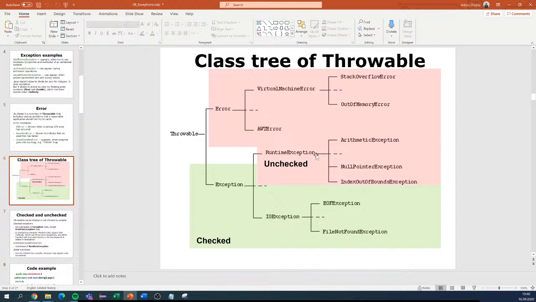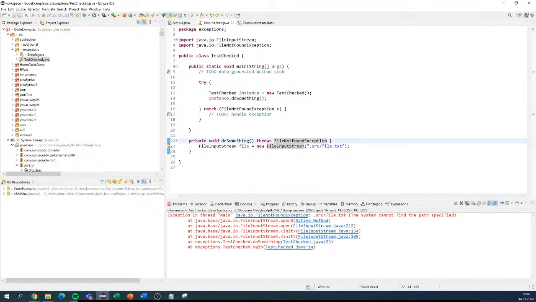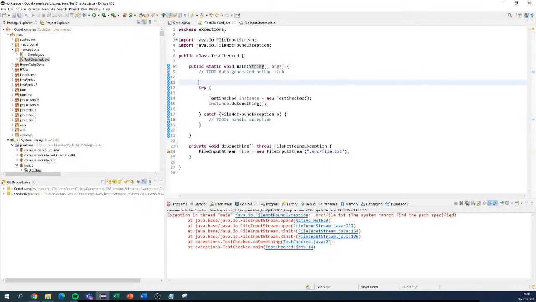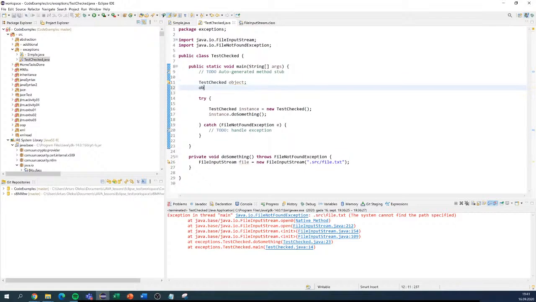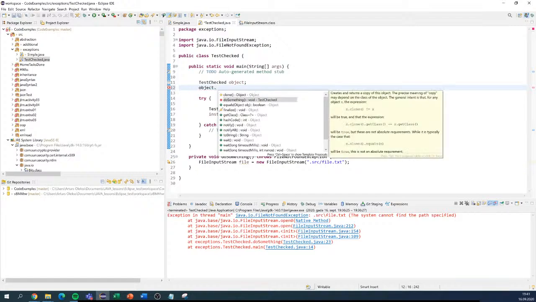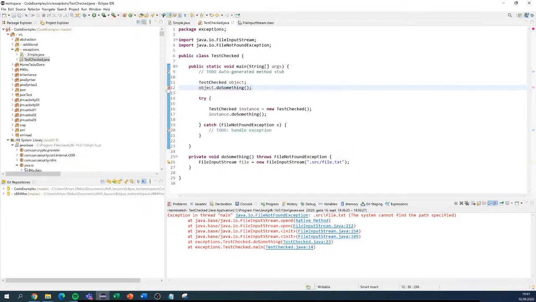Maybe let's check it for NullPointerException, because I'm sure that we already have some tricky parts with it. So maybe let's define something like this check object, and let's not initialize it. In this case there's no problem, but if we want to access this object, it obviously shows us that